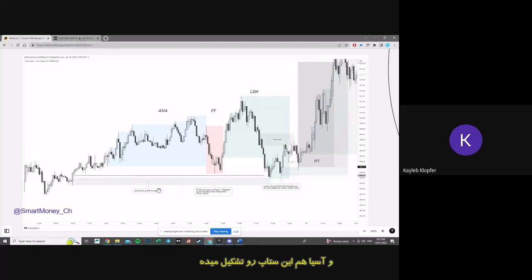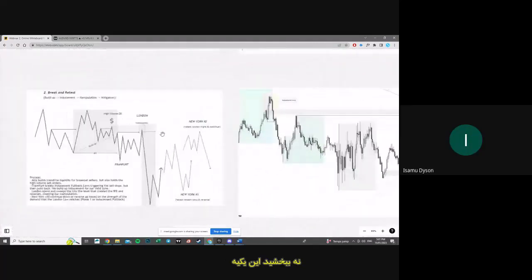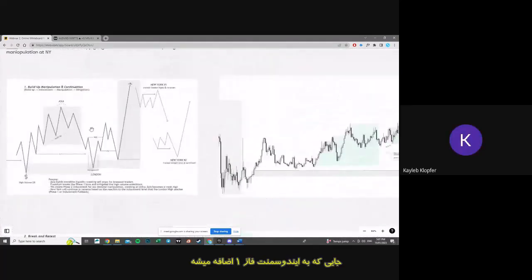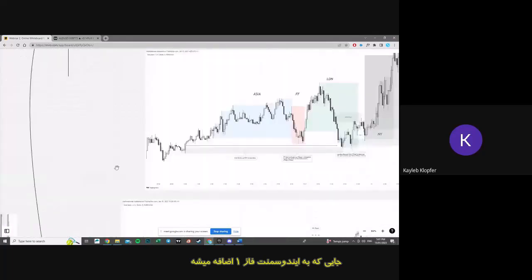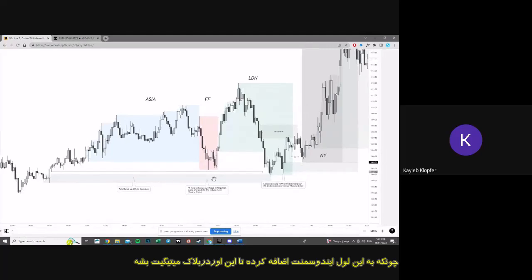But essentially, Asia, in this case, follows this one here, where it adds to that phase one inducement for an order block. Does it here? Yes, it does, because it adds to the inducement level for this order block. Now, Frankfurt fails to break our phase 1 level,